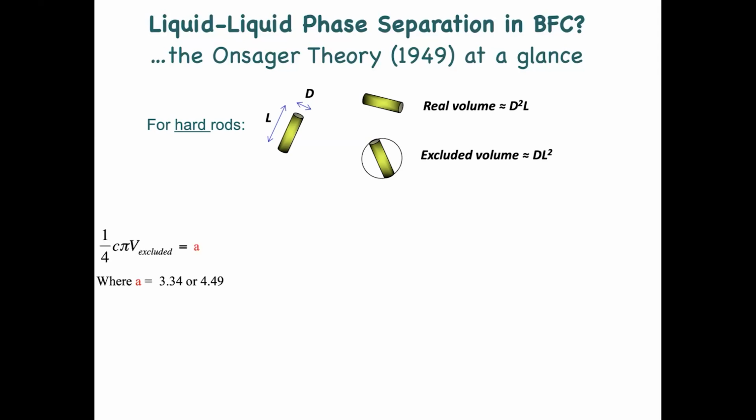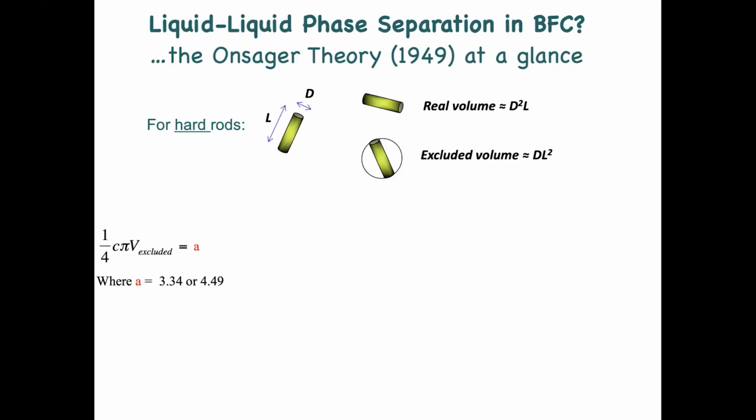Okay. And now what Onsager does, and the paper is actually more than 80 pages of equations, but the sense is that when the total excluded volume, so this is the concentration times the excluded volume of one rod, reaches a critical value, you have a first order transition, okay? And you have two values, which we calculate for infinitely long cylinders, where you can drop the higher virial coefficients. Basically, the first one is 3.34 and 4.49 for the second.